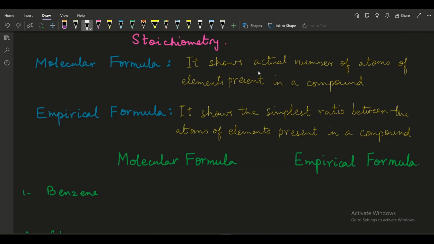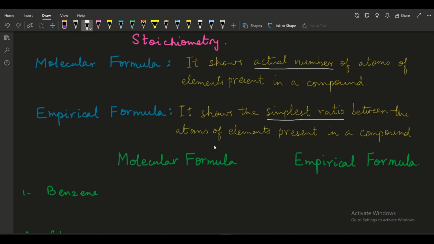So we should know what's the difference between a molecular and an empirical formula. The difference is that a molecular formula shows the actual number of all the elements which are present in a compound, whereas an empirical formula gives you only the simplest ratio between the atoms of different elements which are present